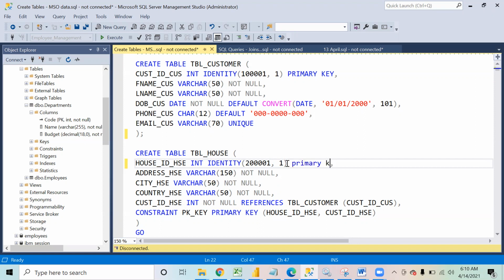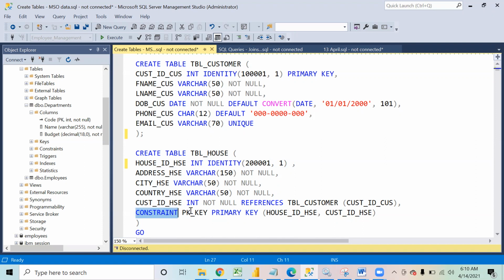But in this case, what would happen is that one standalone column, house ID, becomes the primary key. What we have done instead is keep house ID and customer ID together as unique, so that it should not happen that in the same house we have two customers, or two customers are given the same house ID. So we can add a constraint.